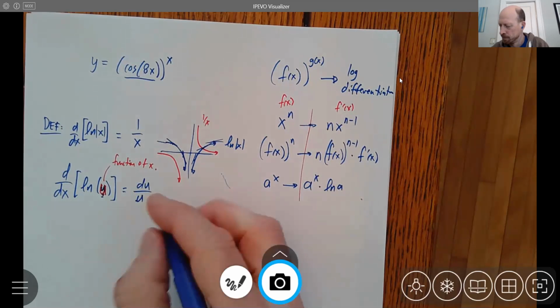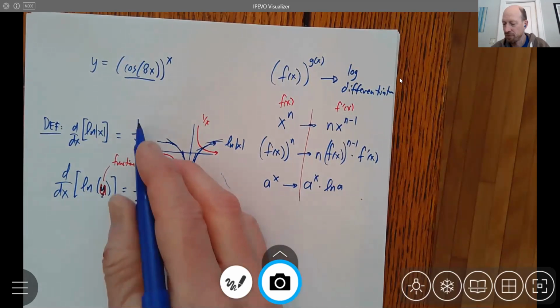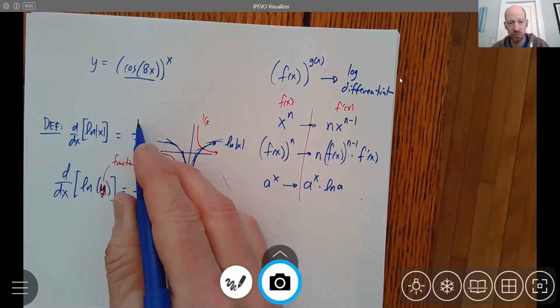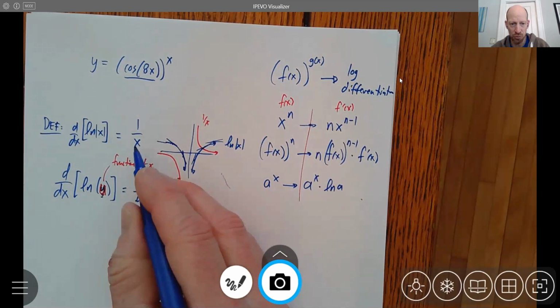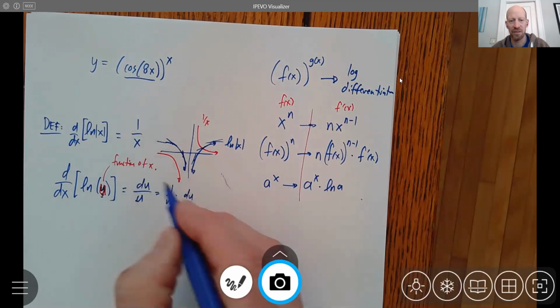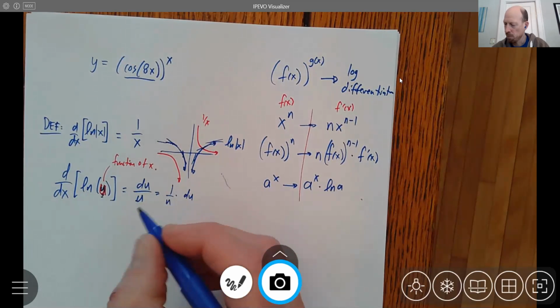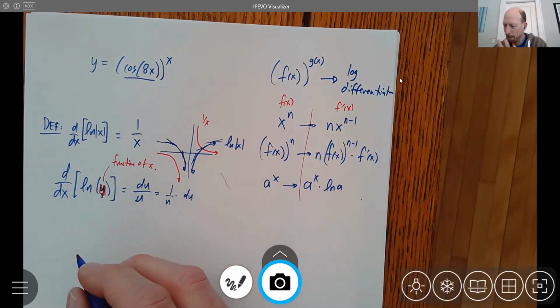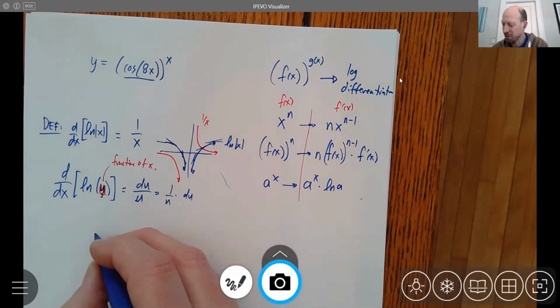It's 1 over u, right? The derivative of the outer function, 1 over x, evaluated at u. So I put u in for x, and then I multiply by the derivative of whatever u is. So I promise I'll get back to this question, but